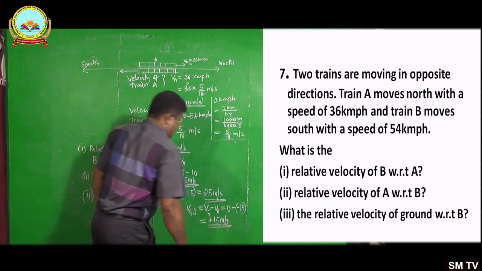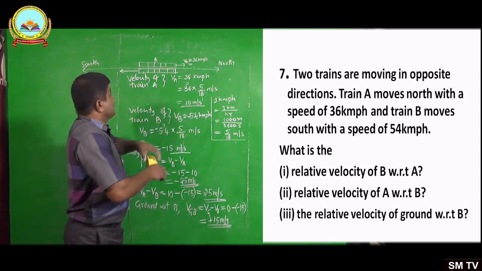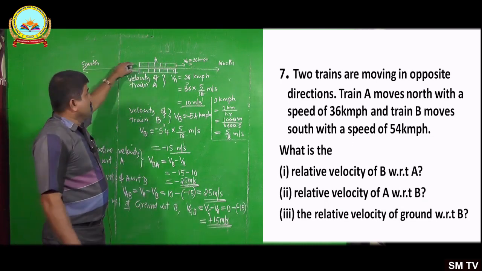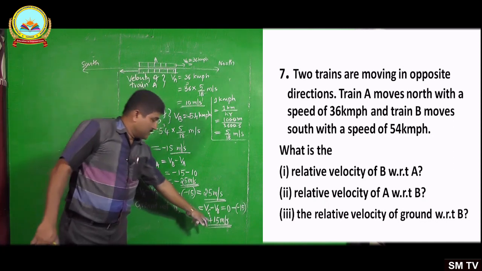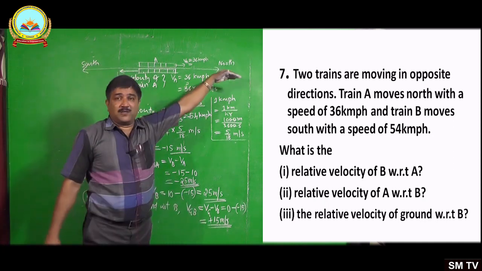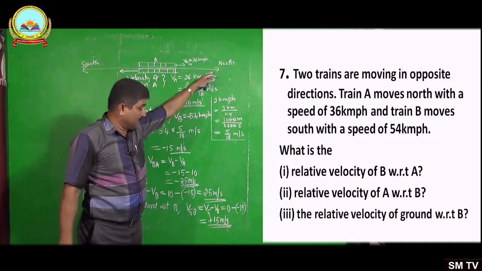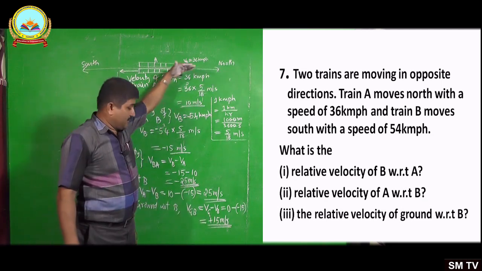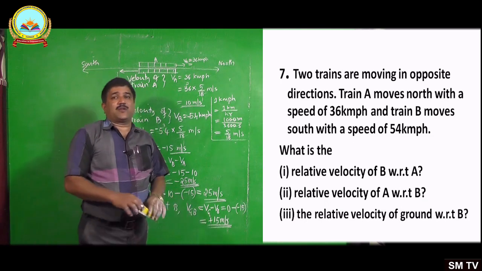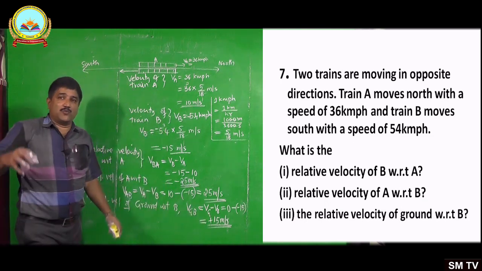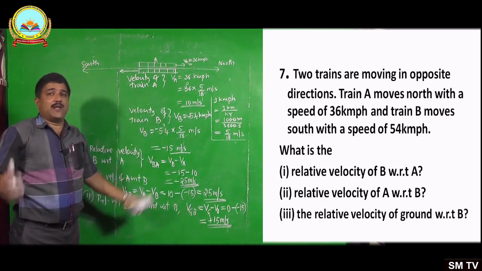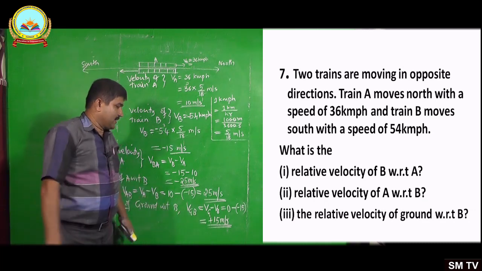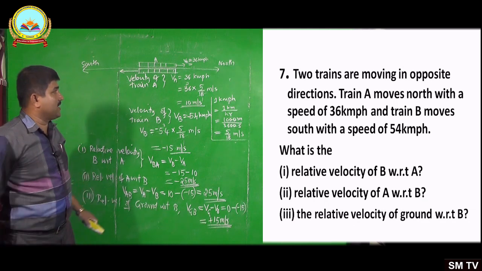That means the ground velocity is positive. What it says is, if you are in train B moving towards the south, for you the ground looks like it is moving towards the positive direction, that is north. Plus velocity means positive x direction. Whenever we are moving in a bus, the surroundings look like they are going backward, opposite to us. That's all about this relative velocity problem.